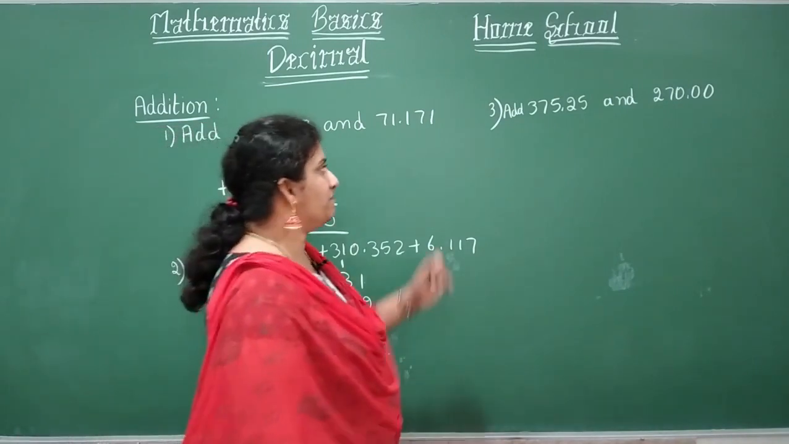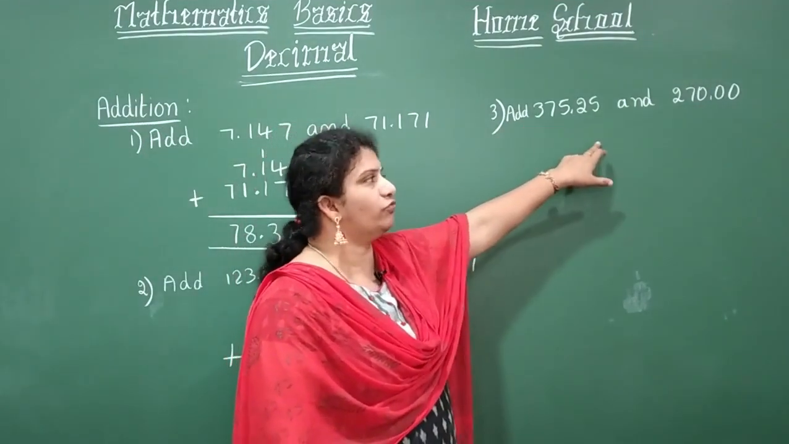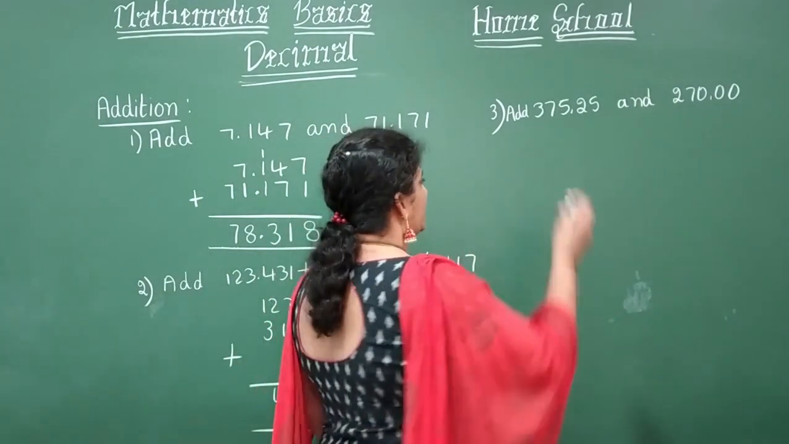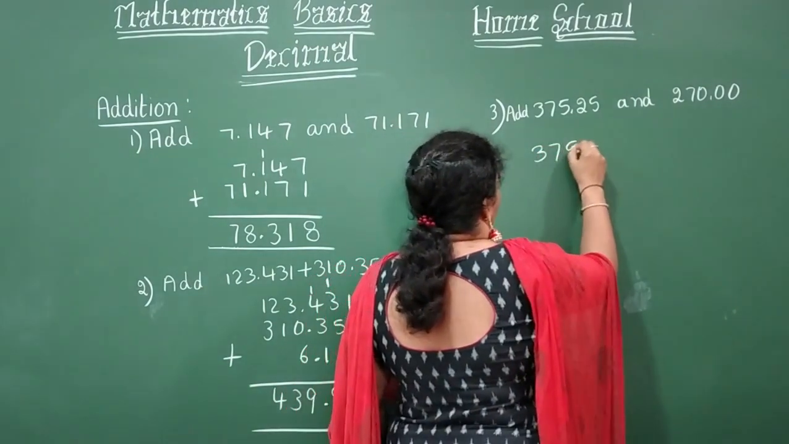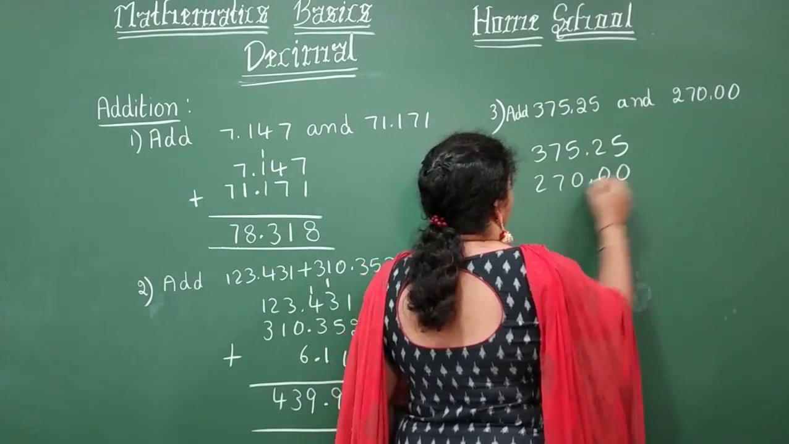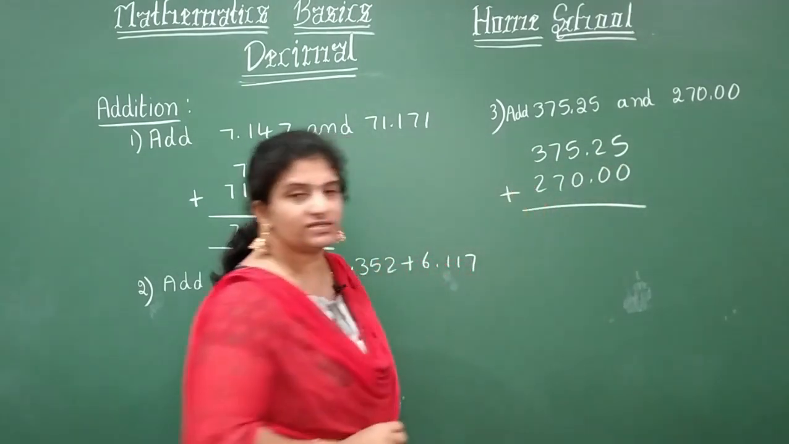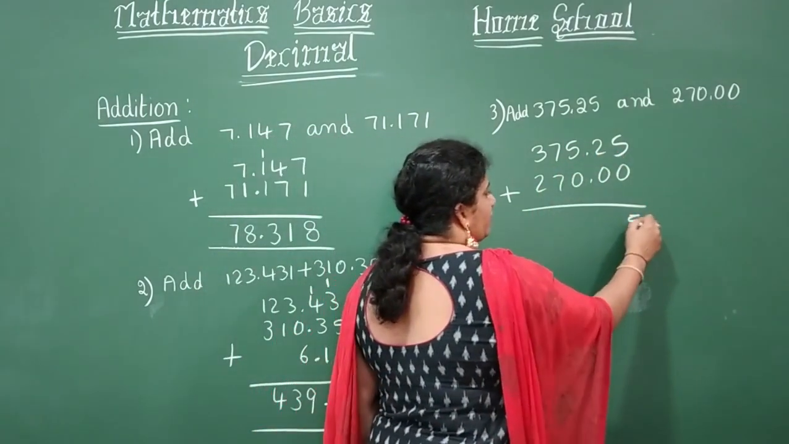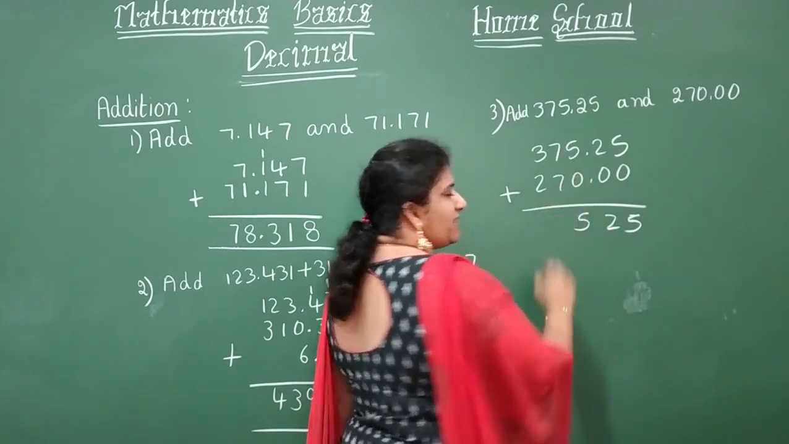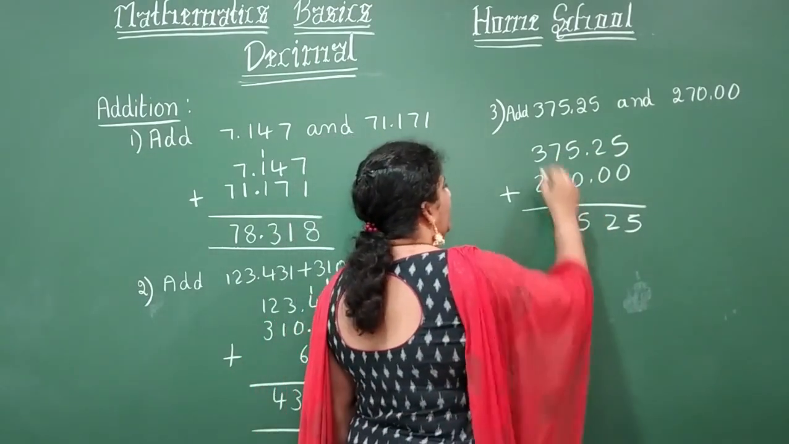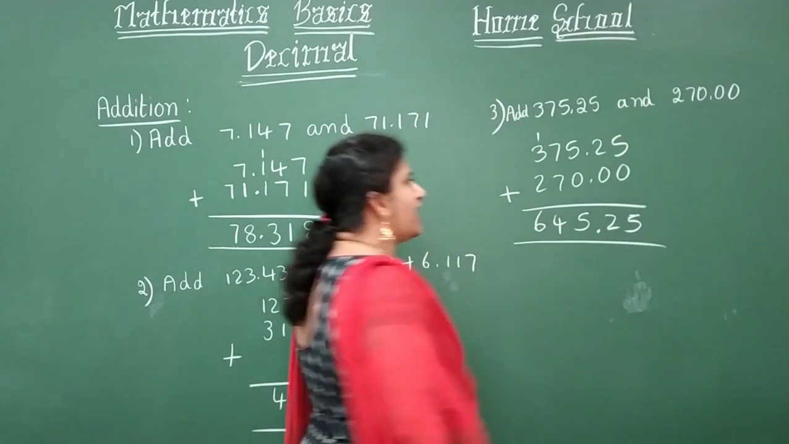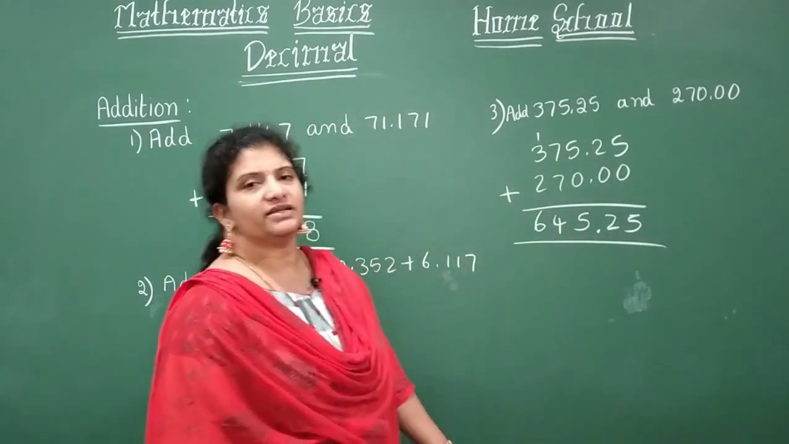Coming to your third problem, add 375.25 and 270.00. So let's add here, children. 375.25, 270.00. Add these two decimal numbers here, children. 5 plus 0 will be 5. 2 plus 0, 2, 5 plus 0, 5, 7 plus 7 will be 14, 1 carry, 3 plus 1, 4, 4 plus 2 will be 6. Finally, what's your answer? Put your decimal point below it. That is